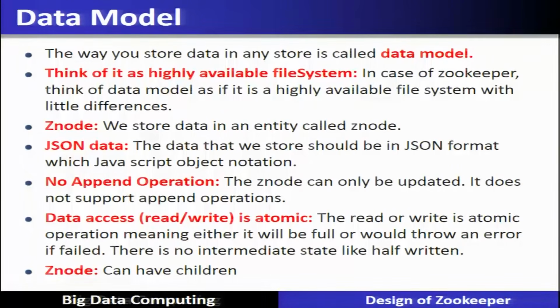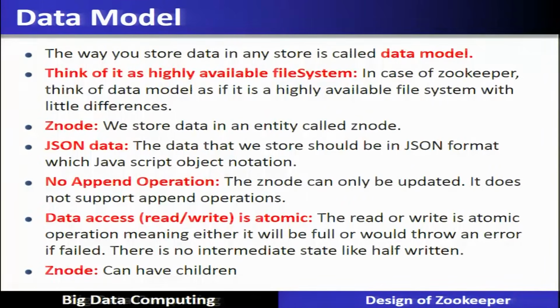Let us see the data model. The way you store data in any store is called the data model. Think of it as a highly available file system. In the case of Zookeeper, think of the data model as a highly available file system with a few differences. Here in this file system of